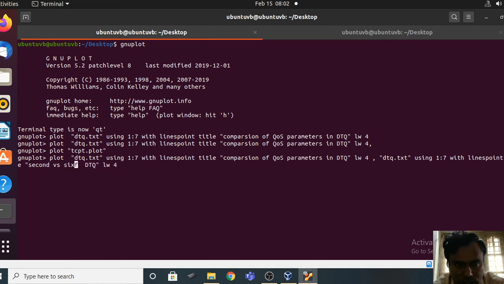You know, right, what are the second column and the sixth column. For that you have to use this, 2 to 6 in the graph. You should not forget this. So to change these values, 2, 6, and just press enter.